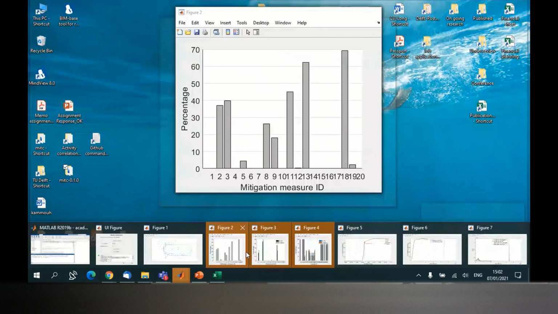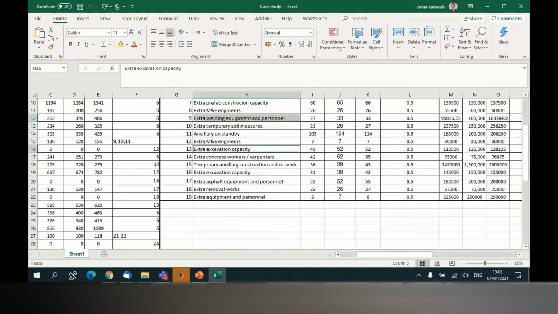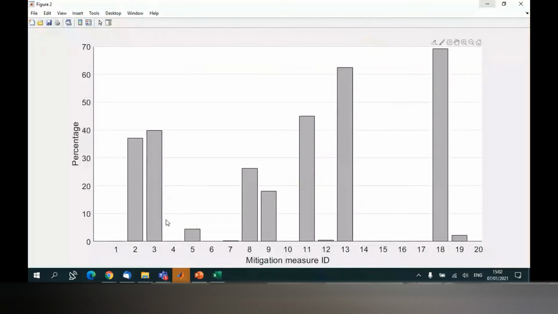Other results that the mitigation controller gives: it gives you the criticality index for every mitigation measure. So these are our mitigation measures from 1 to 19. We don't have 20, right? 19. So that's why 20 is nothing. From 1 to 19, it gives you the percentage of time every mitigation measure was executed. For example, this mitigation measure was executed in 37% of times. Measure number 1 was never executed, was never selected by the mitigation controller because it's not effective,